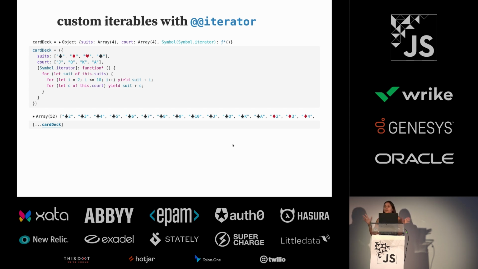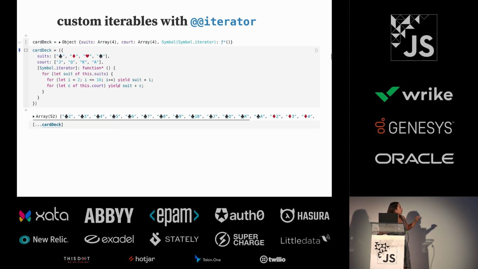create custom iterable objects. We said that any object that implements the next method can be an iterator. Since generator functions give us iterators, we can also hook them up to this cool property called Symbol.iterator, or the @@iterator method. And the way JavaScript works, since all this came down in ES6, is that anytime I try to iterate over an object with a spread operator or a for-of loop or what have you, it's going to look